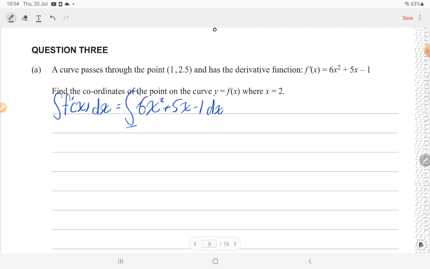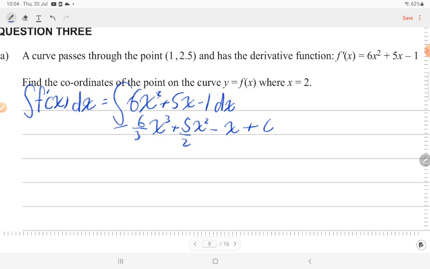So we raise the power of x squared to 3, then we divide by 3, plus 5x squared. So we raise the x to the power of 2 and divide by 2, take away x. Then we always have a constant. Let's simplify this. So 2x cubed plus 5 over 2 x squared take away x plus c is equal to